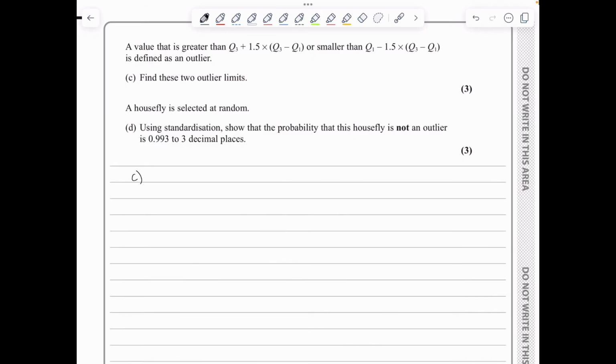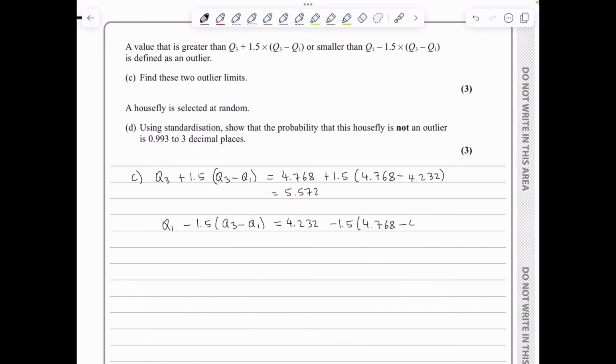So we have that Q3 plus 1.5 times (Q3 minus Q1) is simply given by 4.768 plus 1.5 times (4.768 minus 4.232), and this gives an answer of 5.572, whereas Q1 minus 1.5 times (Q3 minus Q1) is going to be 4.232 minus 1.5 times (4.768 minus 4.232). Plug everything into the calculator, get